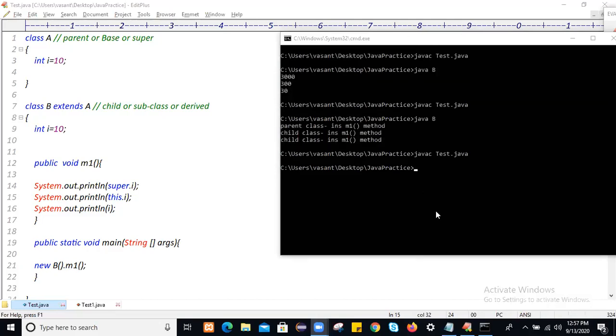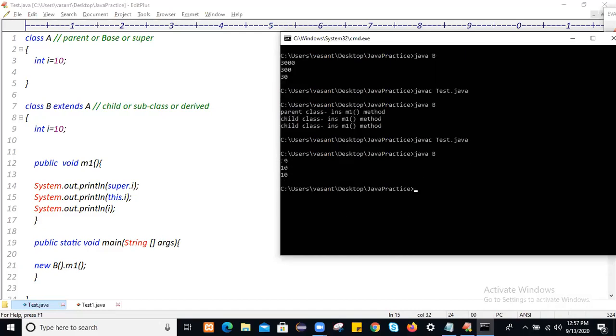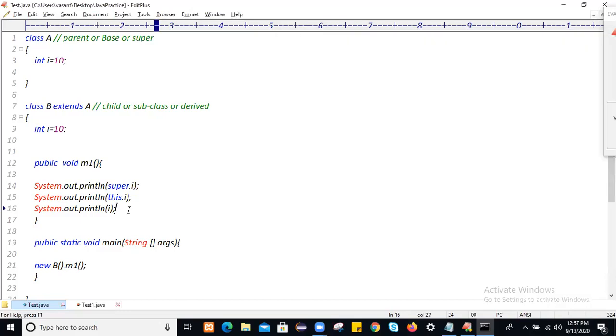If there is no local variable, then it is optional. You see, 10, 10, 10, three times. So it is optional to use this for the same class variable, if you don't have a local variable here with the same name.